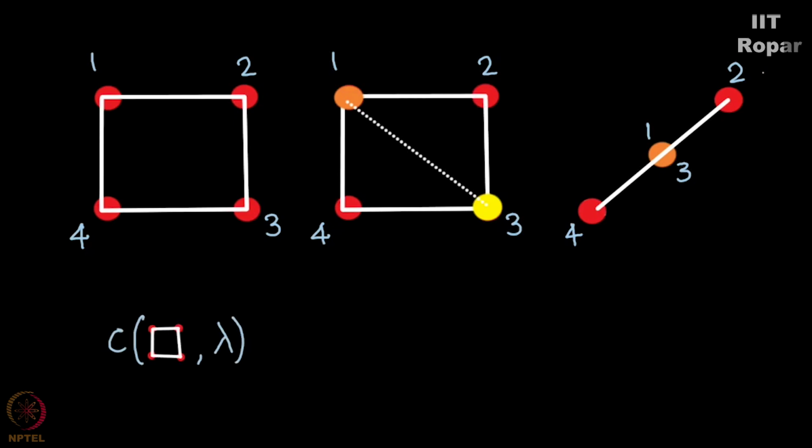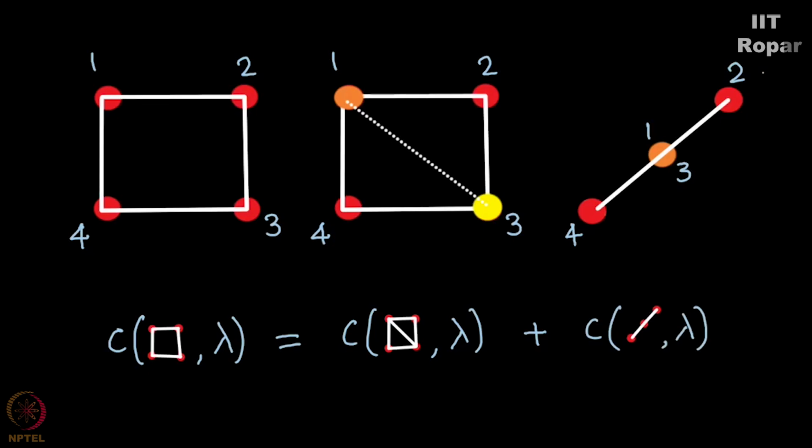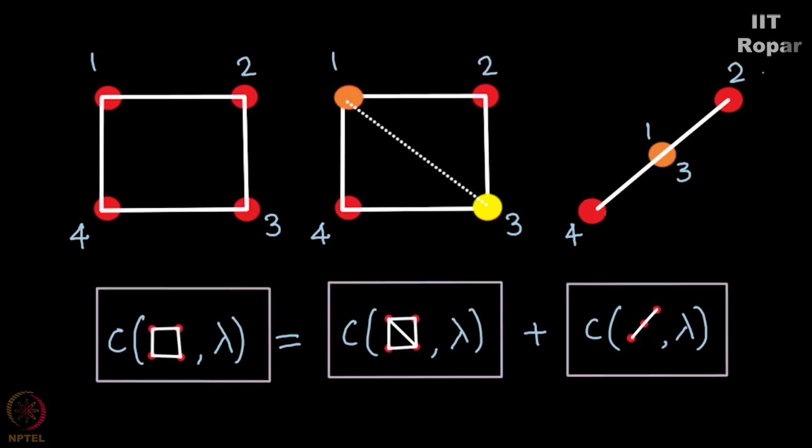So, the question of in how many ways can you color a C4 with lambda colors is equal to 2 mutually exclusive possibilities. Total number of ways in which you can color this C4 with a diagonal, representing these 2 vertices having different colors, plus the total number of ways in which you can color this simple path with 3 vertices. So what's the answer for this? What is the answer for this? Gives you the answer for this.